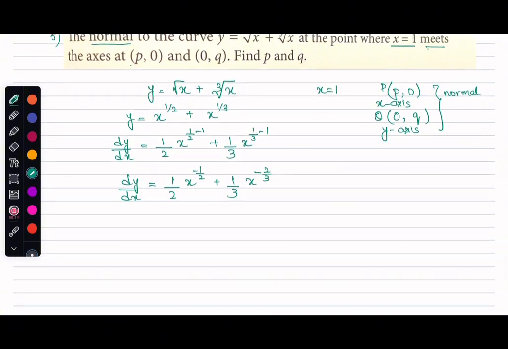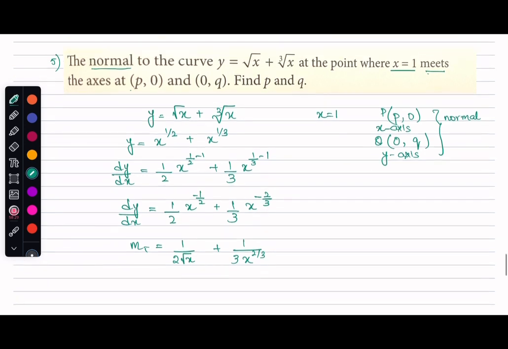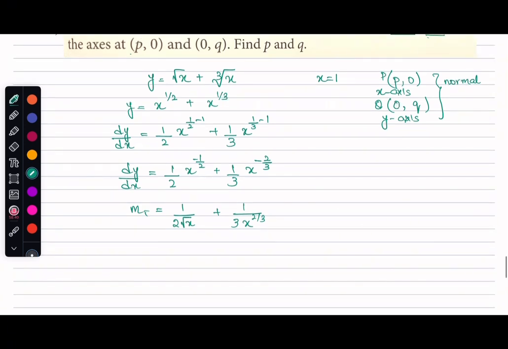So this means that the gradient of the tangent in this case shall be 1 over 2 square root of x plus 1 over 3 x to the power 2 by 3. As the question has already said, this is where our x is equal to 1. This is the information that I have, that my x shall be equal to 1. So if I substitute x as 1,